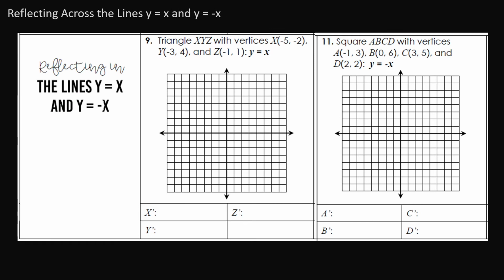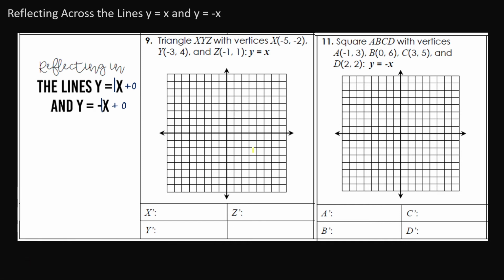Here's another concept where we use a pattern. So we can use patterns to reflect across the lines y equals x and the line y equals -x. When we think about the lines y equals x and y equals -x, know that they have a slope of 1 and -1 and a y-intercept of 0. So when you graph these lines,